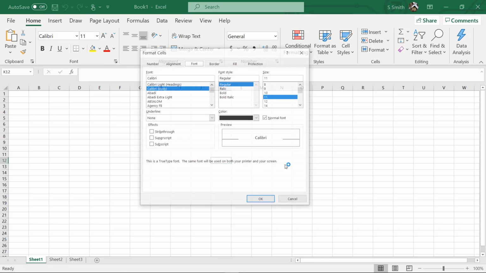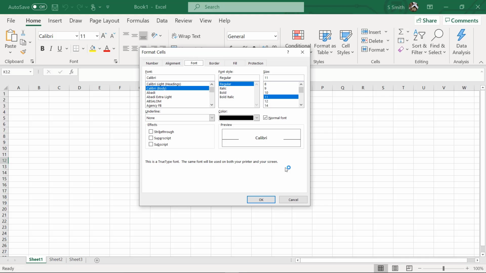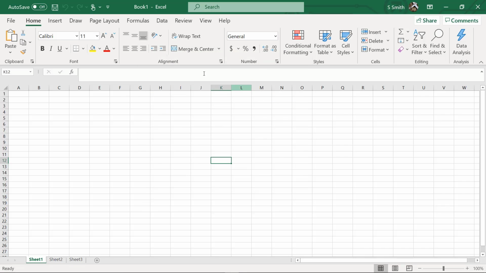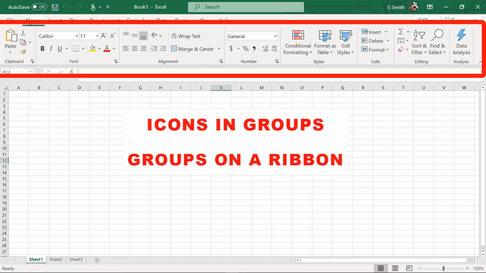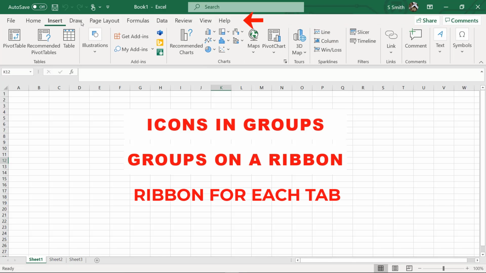If I click on that, I get even more formatting options because they couldn't all just fit in that group on the ribbon on the screen. So we will go over some of these more commonly used formatting options in a future lesson. For now, I'm just going to click cancel. So in summary, I just want you to know that we have groups of icons that are living on a ribbon that are accessed by clicking on different tabs in Excel.